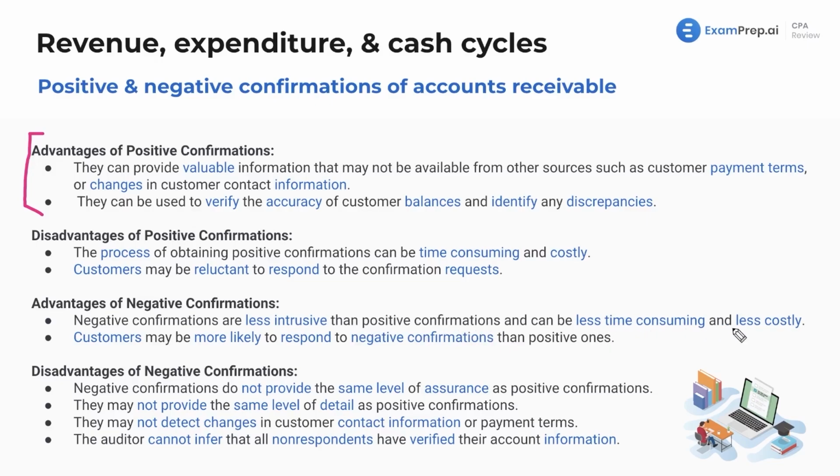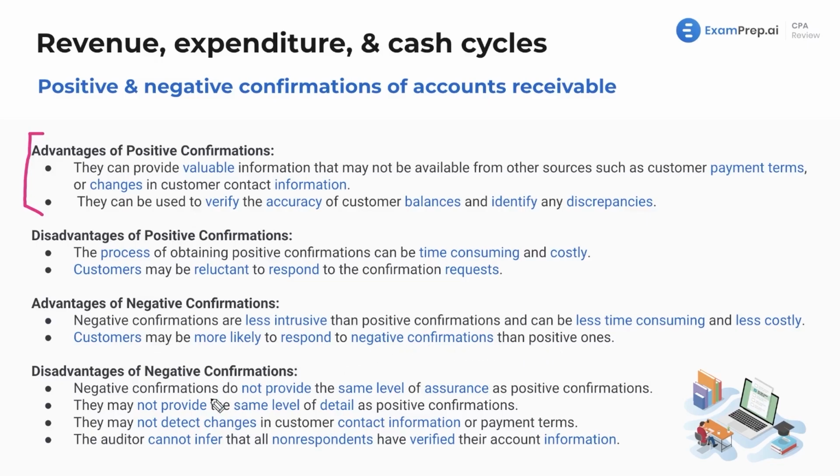Right? Well, what is cost here? Time is money. We are a service oriented business. We are an audit firm. So the more time it takes us to do these testing procedures, the more cost. Customers also may be more likely to respond to negative confirmations than positive ones, just simply because they're less time